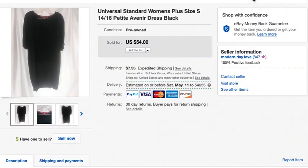And here is the 10th item, and then I'll go into the bonus item. So again, this brand, Universal Standard. Remember, like I said, they do their vanity sizing, so this was a size small, which actually is a 14-16, and this dress was called Petite Avenir. I don't have any clue how to pronounce that second word, actually, but